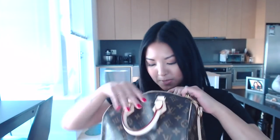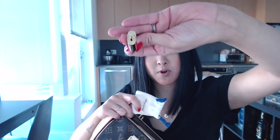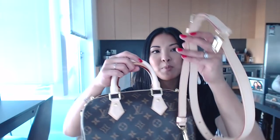So yes, this is the Speedy B, and I have the straps in here, and I also have the little lock with the keys. It comes in its own little tiny dust bag, which I thought was so cute. She told me that every lock has a number on the bottom. I don't know if you're going to be able to see that. There you go. It's made specifically for your bag, and there's the little keys. So freaking cute. Like I said, I've wanted this bag forever, and it's just been sold out. And honestly, when I saw Alex from HRH Collection have it, I was like, oh, I need to get this bag. I think she got hers in the 30, and this one's obviously in the 25, but I think the 25